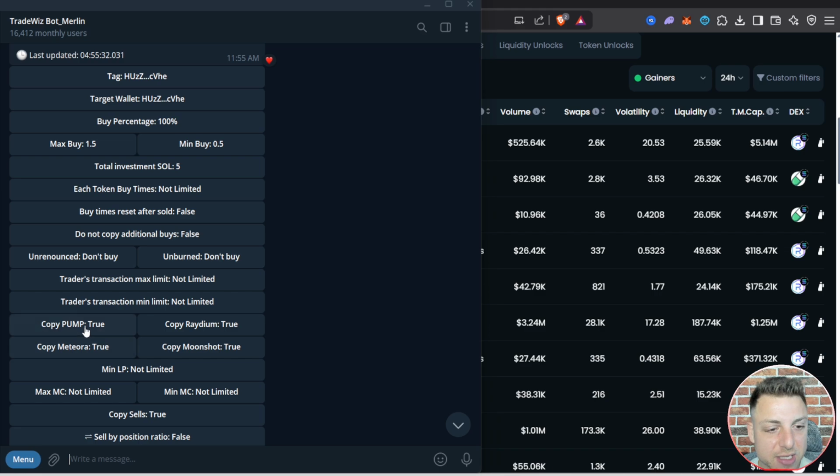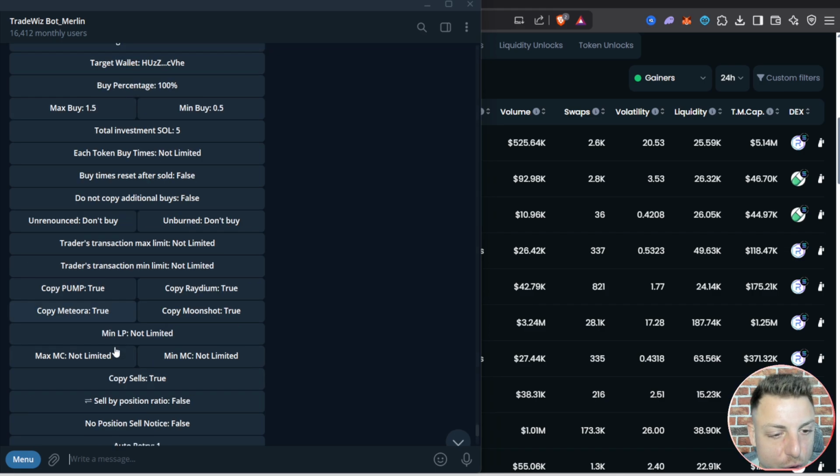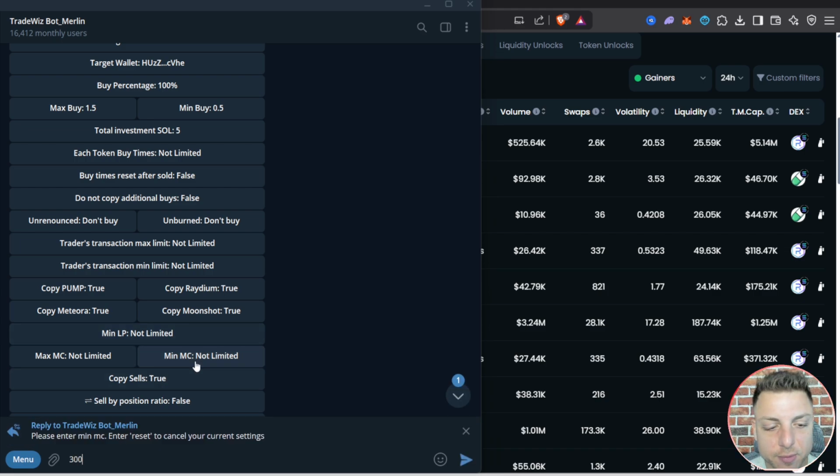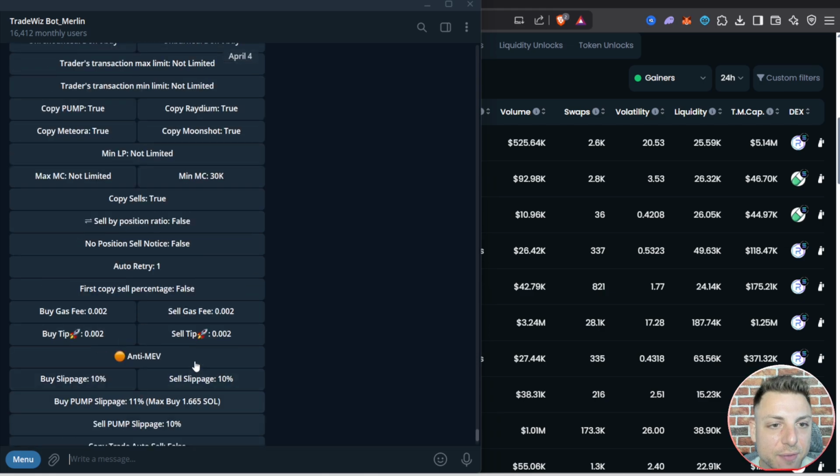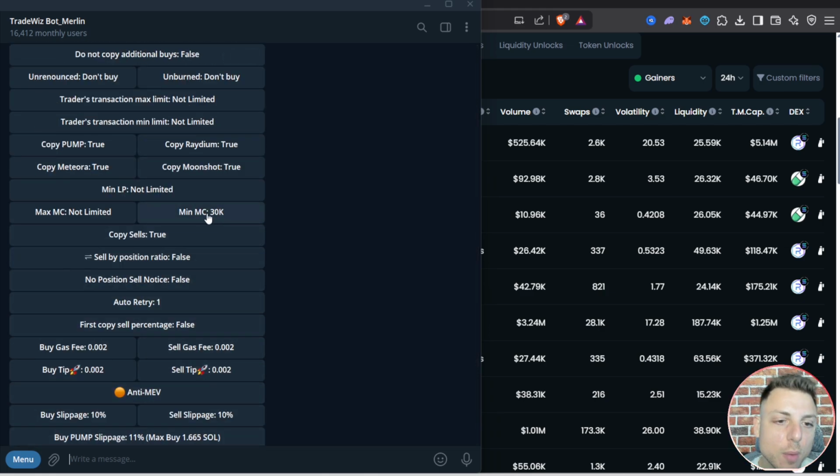Then we can also leave these on so we can choose to copy pump fun trades or Raydium, Moonshot, Meteora. It's all up to you. You can also set up a minimum liquidity pool, which is very, very important. So maybe you only want to be trading minimum liquidity pool of say 20,000 or even minimum market cap. I really like to set up, say, a minimum market cap of 30,000, which means if a trader buys into a market cap or a coin that has a market cap of say 25,000, then we won't be entered into